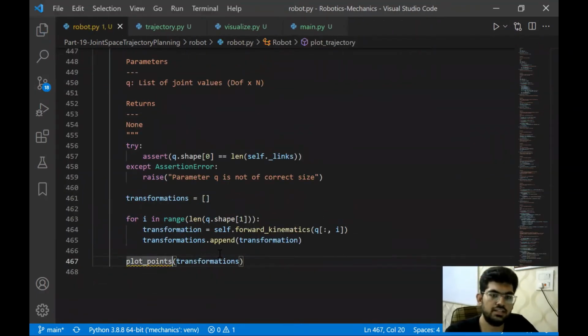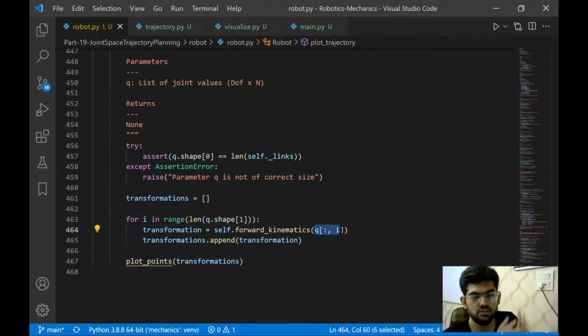Okay, so this is the final thing that we have. We are looping over the second index of the shape of Q, and then we are calculating the forward kinematics for all the Q of all the degrees of freedom. We are taking the joint values at each point that we had just found using the trajectory planning, and we are passing them to the forward kinematics function.